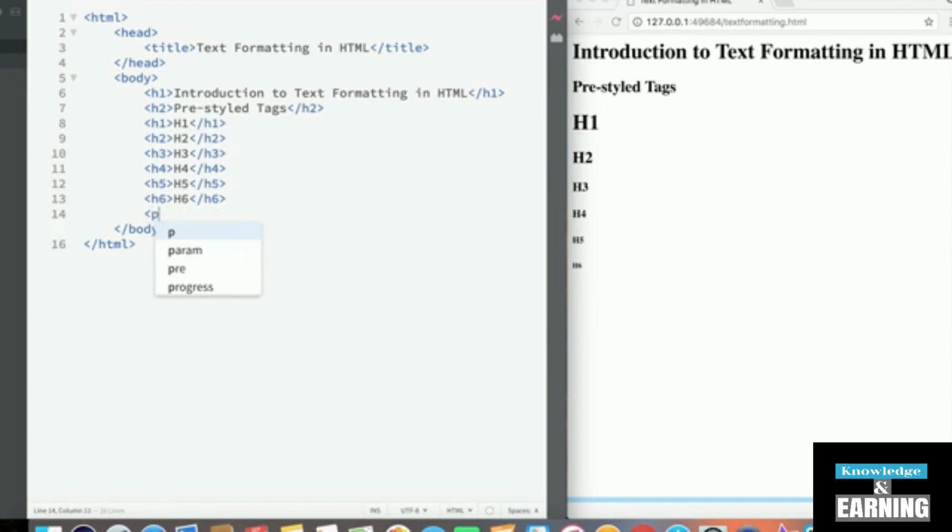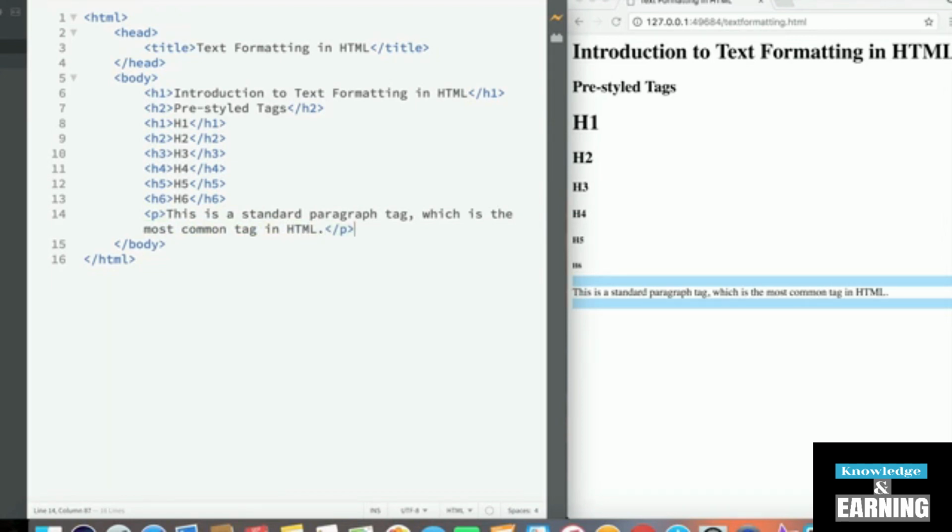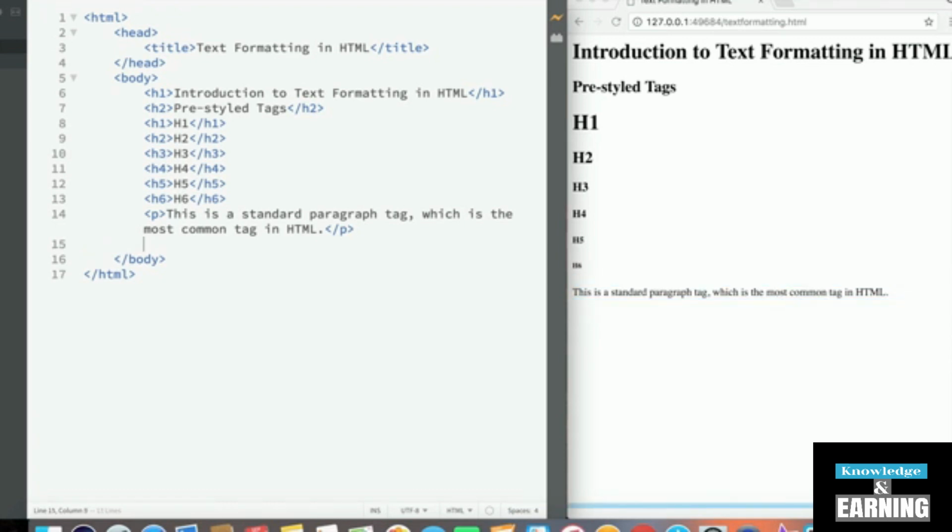Next, we'll create a paragraph tag. You should already be familiar with this, and we'll call it This is a Standard Paragraph Tag, which is the most common tag in HTML. Now don't quote me on that. Depending on who designed a web page, they may choose to use a different tag, like a span, instead of a paragraph. Which brings me to the next tag. Actually, before we go into the next tag, which will be a span tag, I spoiled it for you ahead of time,